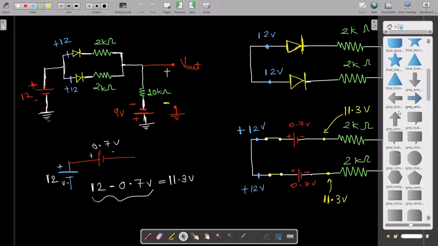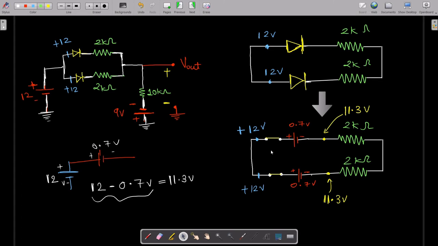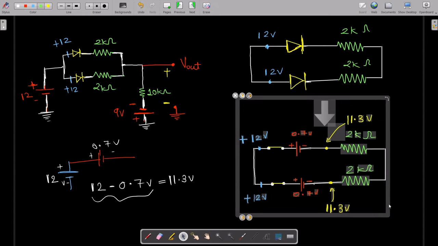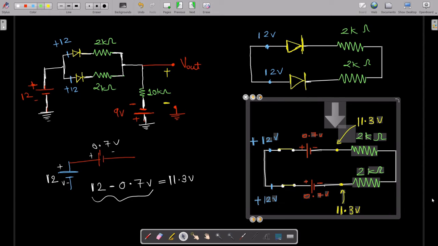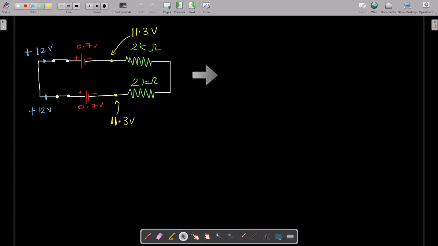Similarly, let me go over here and take this particular thing. So the circuit is one and the same. We had just modified the circuit and we are basically trying to analyze it. Let me bring this a little down, and this one a little to that side. Yes, now it is looking good. Now I hope you understood this part, and now we are going to analyze the thing in this way. So it's like this.